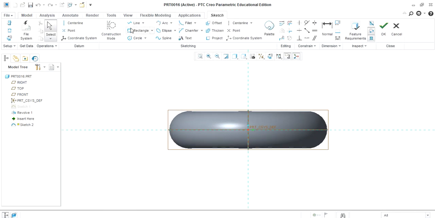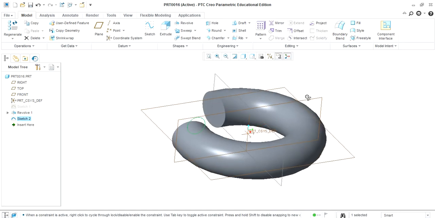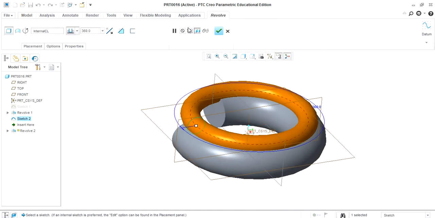Here suppose we are taking one small circle having dimension 100, this distance as 300, and this distance as 100. Keep the center axis, click on OK. Now click on the revolve.